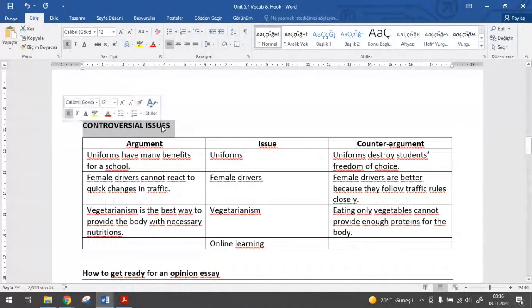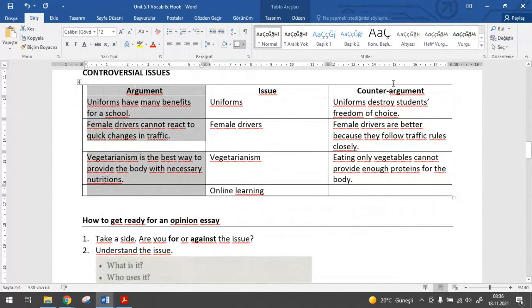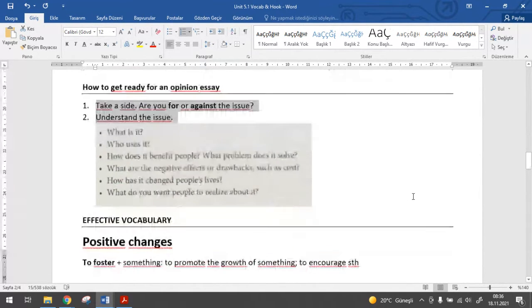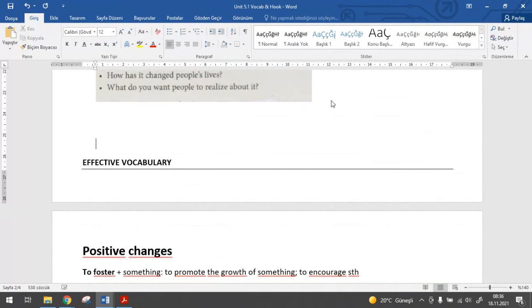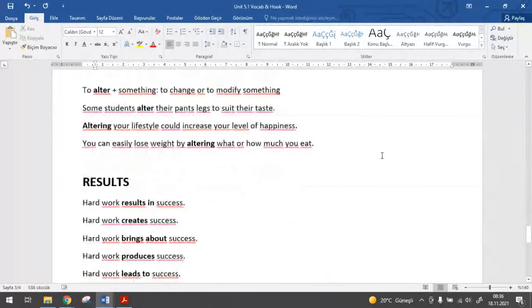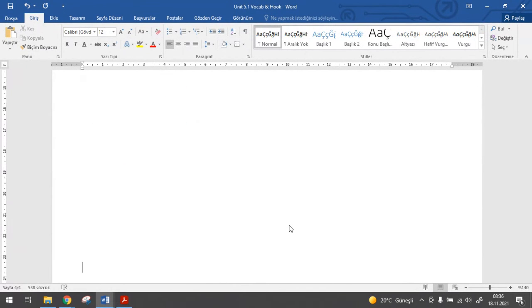After that, we focused on controversial issues. So here are some controversial issues. And when you are writing an opinion essay, you need an argument. Of course, you need to think about the counter argument as well. How to get ready, take a side and understand the issue. And then we are looking at some effective vocabulary on different ways. I want to focus on one more part together today,